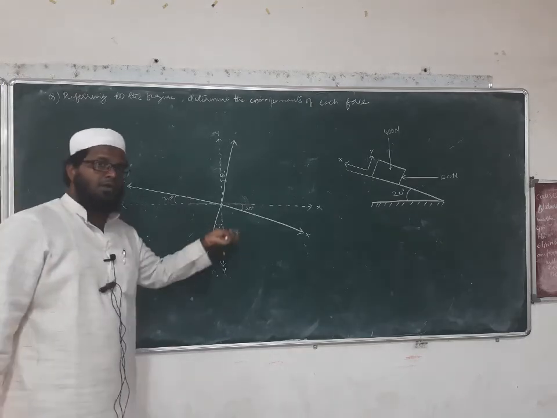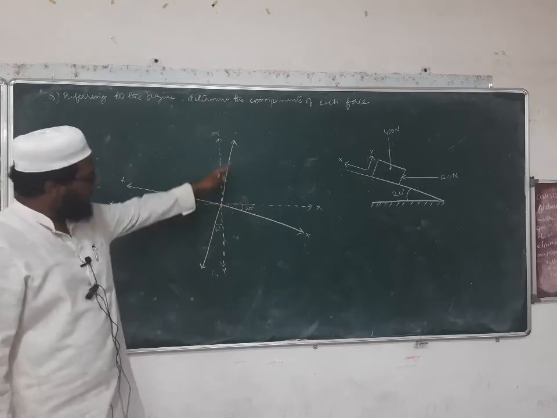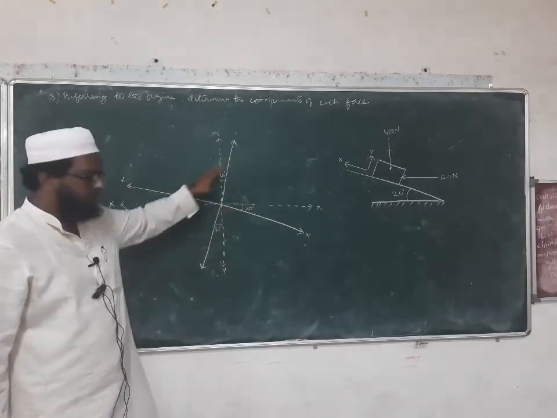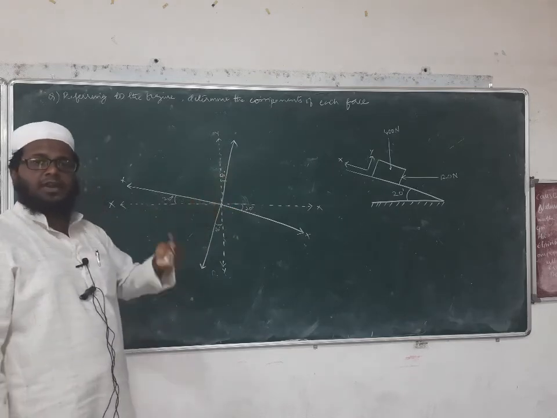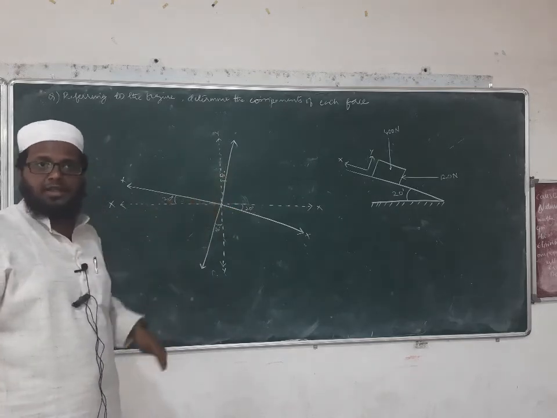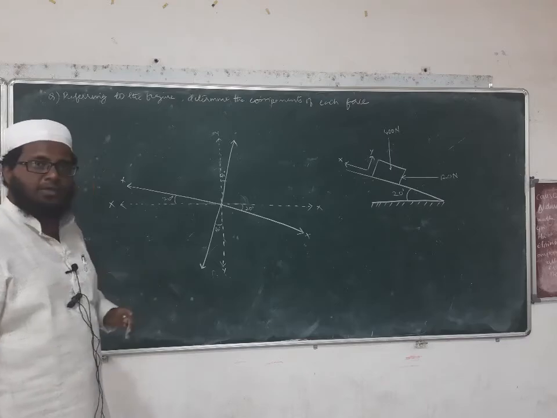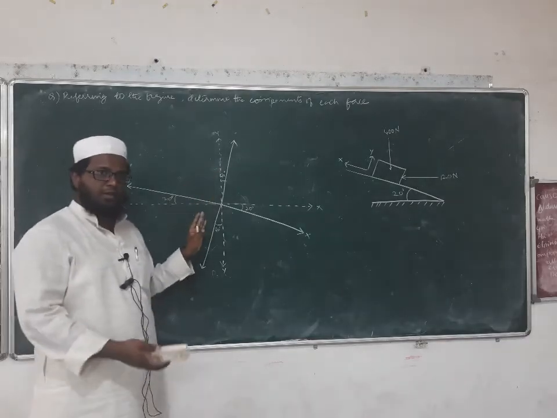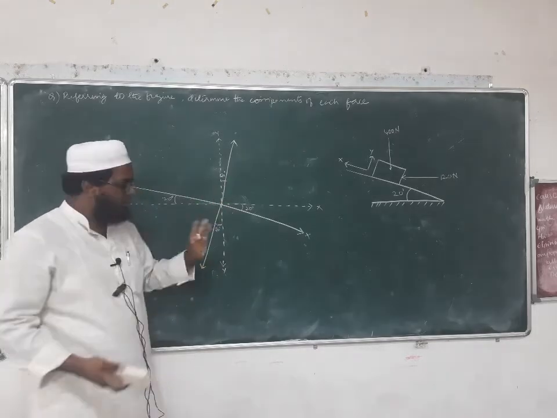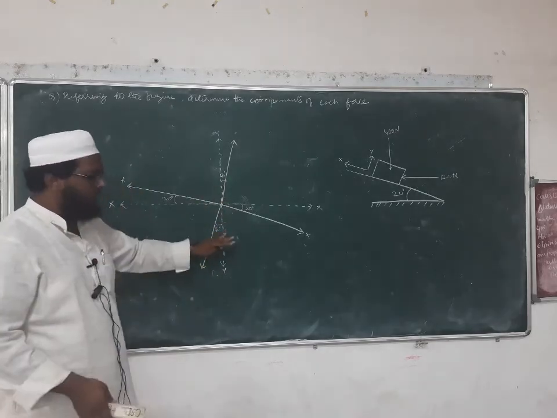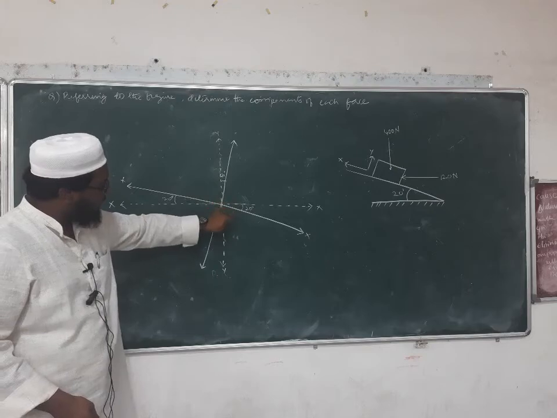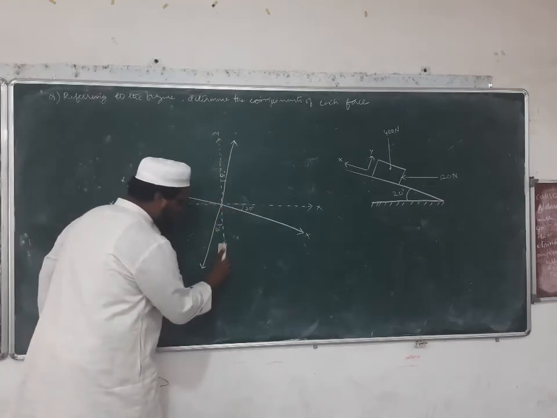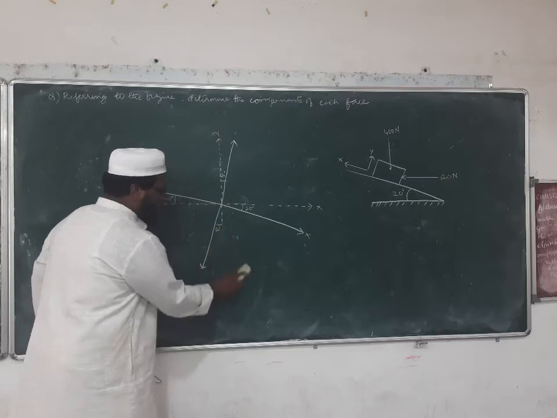What you have to do? You have to draw a separate diagram. Okay, I have drawn like this. This clear figure, the dark picture, you draw separately so that you will understand it while studying, or before examinations, when you open the book, or before internal examinations or whatever it may be. So when you try to learn, you will understand how this diagram came. I am removing it here, but you don't remove it. You try to draw this diagram separately. Okay, so what I am doing here, I am removing the xy axis.